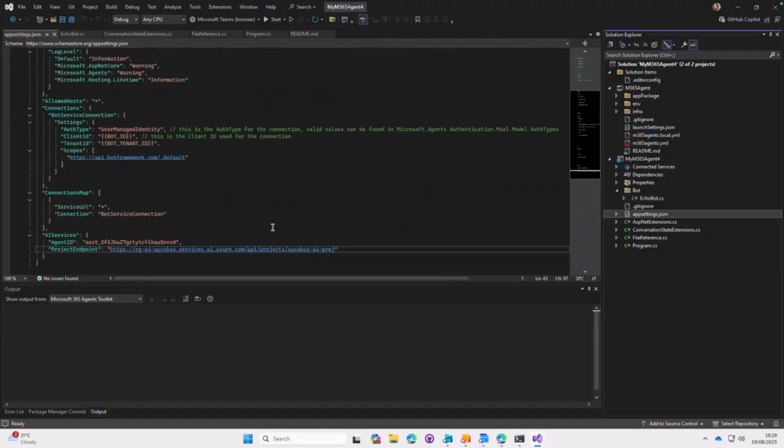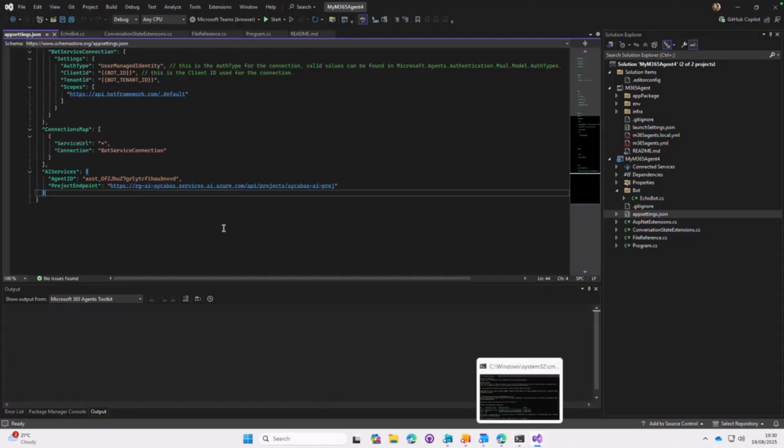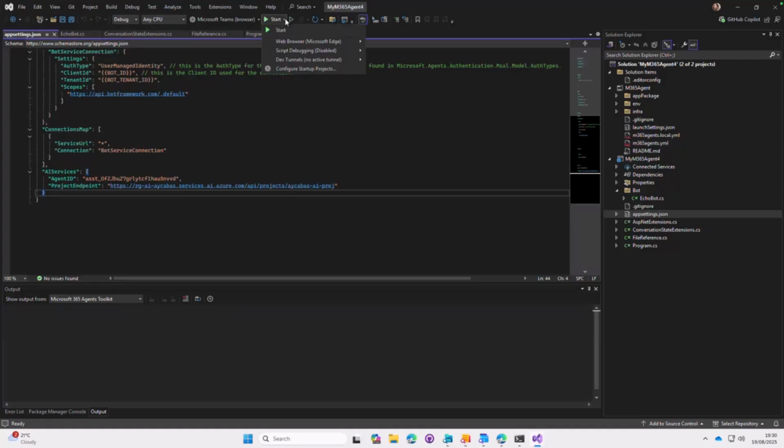And this is what I added in the app settings JSON. If you go here, AI services, I have ID, project endpoint. That means my project is now ready to connect with my agent already. So in terms of the setup, we already started AZ login, which is necessary to be able to connect with my agent. And the following thing you should do is actually create a dev tunnel here,